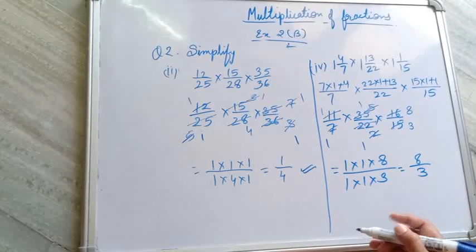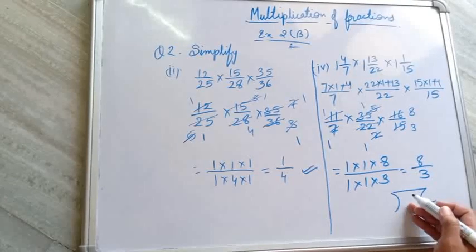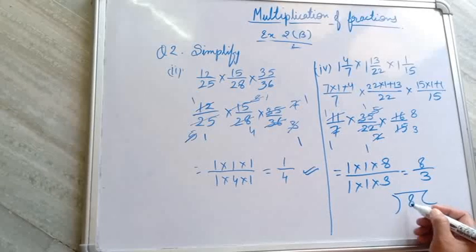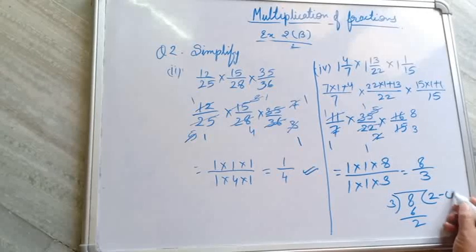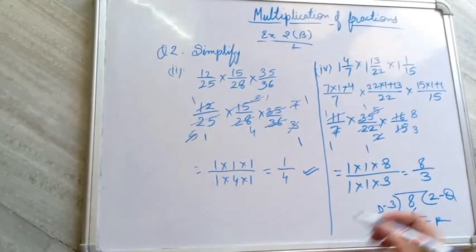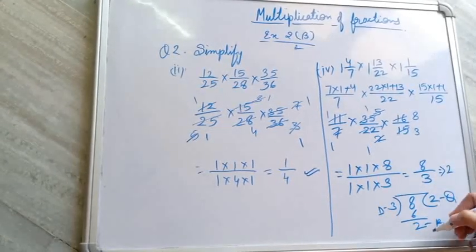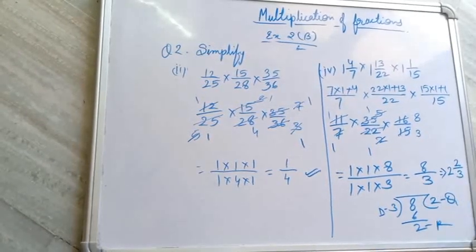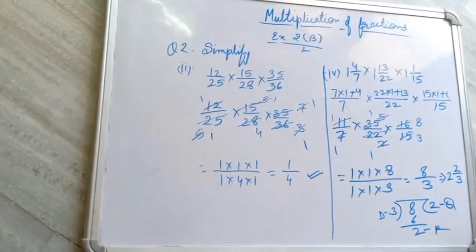Now we have to convert it into mixed fraction again. Now no need to show this division. We can do this in rough. So 8 divided by 3. 3 2s are 6. 2 left. That is Q, R and D. Now 8 by 3 can be written as 2, this 2 remainder and 3 divisor. So 8 by 3 can also be written as 2 2 by 3.